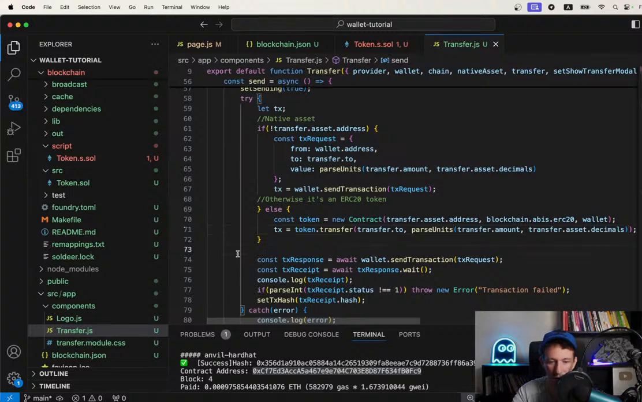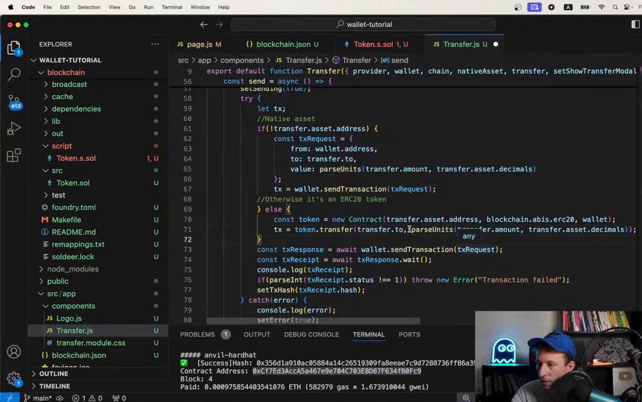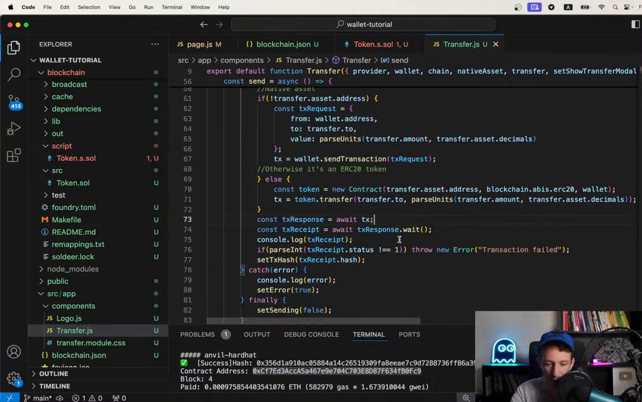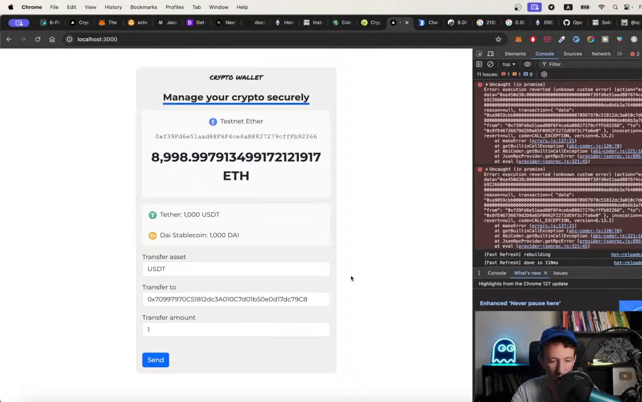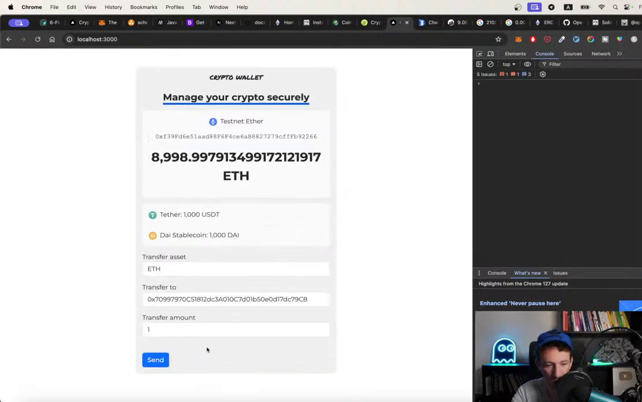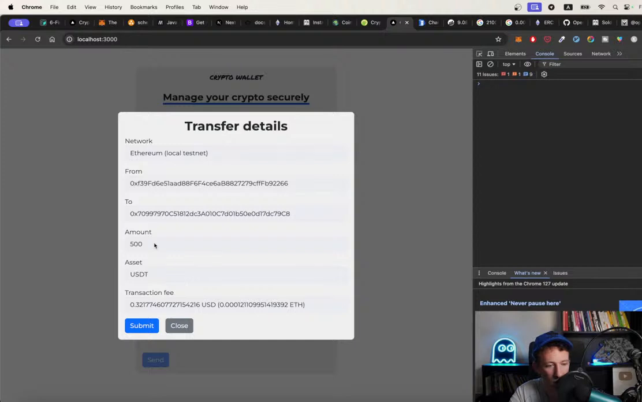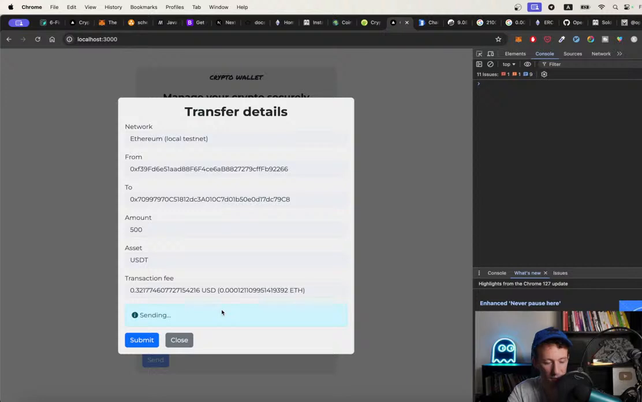Okay, and now await transaction now, and the rest is gonna be the same. Okay, so let's reload. Let's do, for example, USDT, and let's transfer 500 USDT. All right, let's click on submit sending,